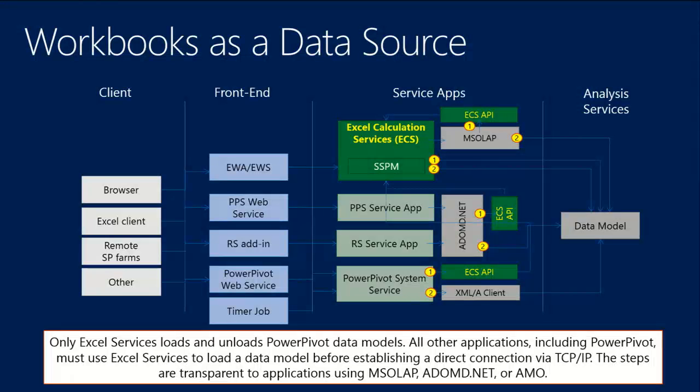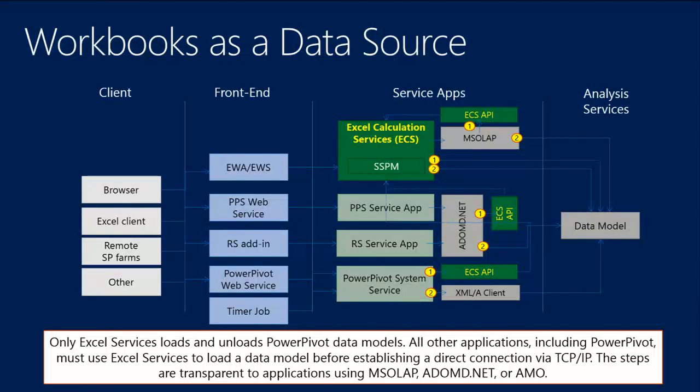And then, in addition to that, ECS might clone the model and might throw away the old model. It does a lot of things within the ECS space that make sense for ECS that nobody else really cares about. But ultimately, nobody else knows what the name of that model is, and you also don't know on what server that was loaded. So you have to, if Performance Point or reporting services or our own Power Pivot system services